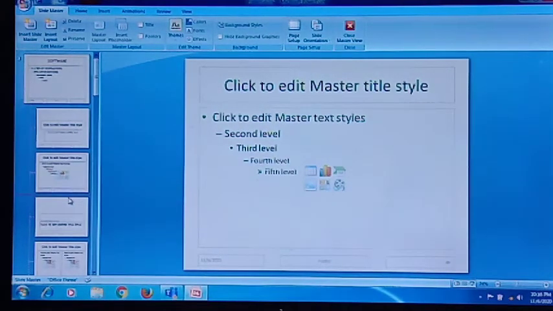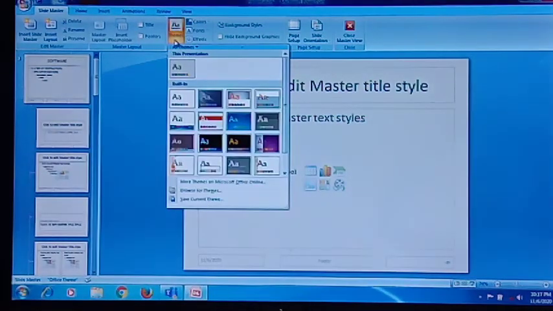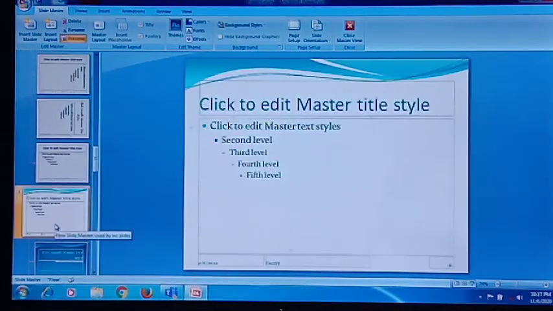Now if you come to page number 53, just see what is written on page number 53. Point number four: click on the themes button in the editing themes group. Before closing it, just click on the themes button. Here, this is the themes button. Just click on this. Now if you want to add any theme in your slides, you can add that. Let us add this theme to your slide. Okay, let us select this one.